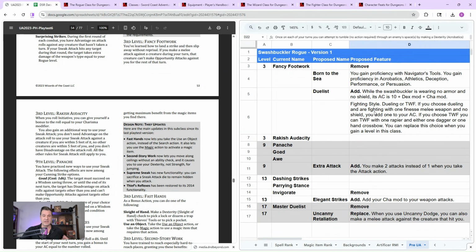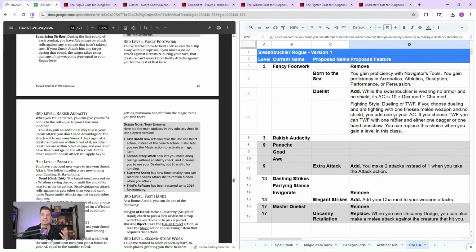And then you're also going to get a fighting style. The fighting style will be Dueling or Two-Weapon Fighting, much like the Swords Bard. But I wanted to add a little bit more to each of those. So if you choose the Dueling fighting style and you are fighting with one finesse melee weapon and no shield, you add 1 to your AC. So you kind of get the benefit of the Defense fighting style on top of this Dueling fighting style. But you can't be holding another weapon, and you can't be holding a shield. So you can't double down on multiclass, get a shield, and then use this with that. No, you have to not be using a shield and only holding one finesse weapon.